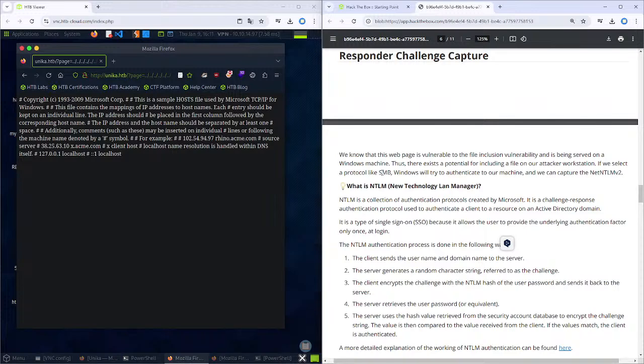We know that this web page is vulnerable to the file inclusion vulnerability and is being served on a Windows machine. Thus, there exists a potential for including a file on our attacker workstation. If we select a protocol like SMB, Windows will try to authenticate to our machine, and we can capture the NetNTLMv2. What is